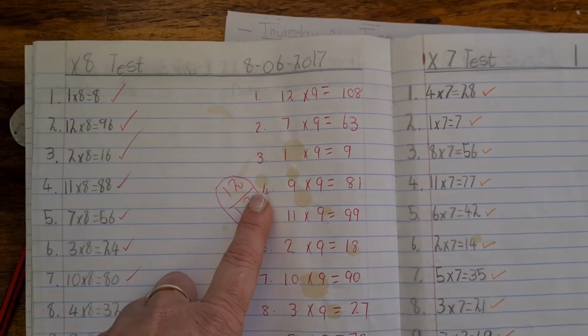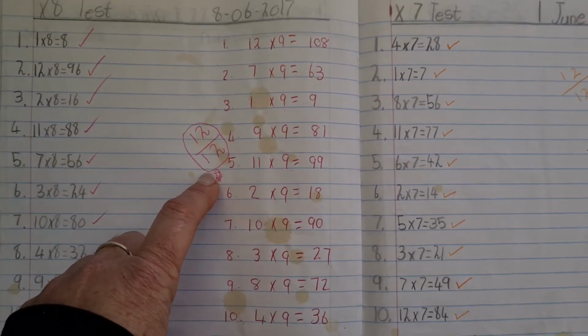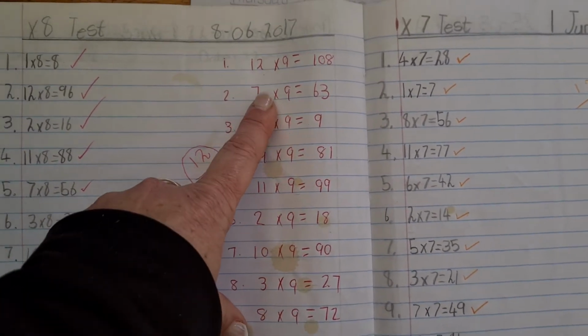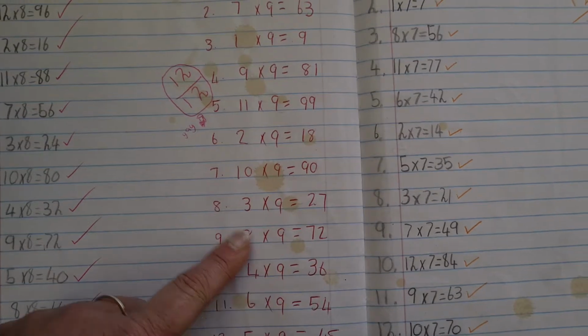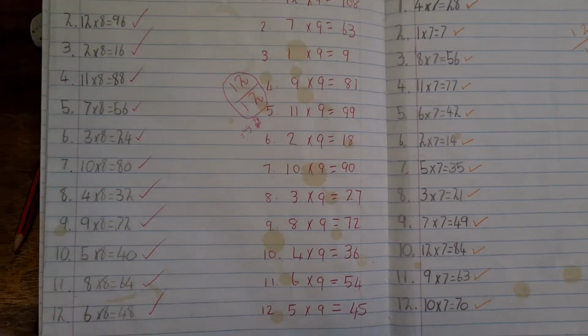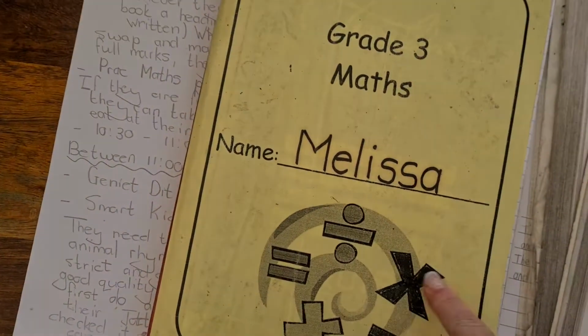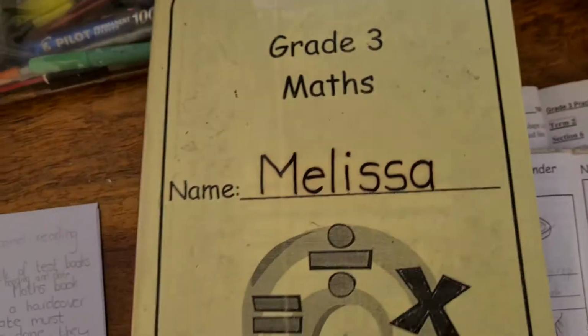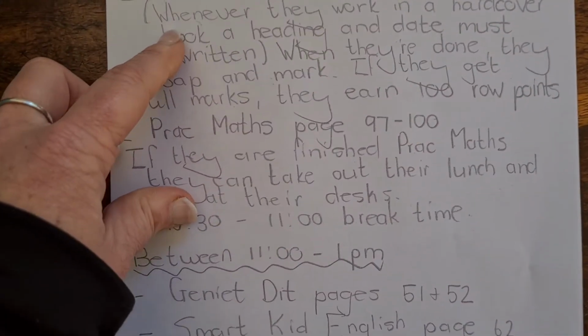All right, and then once this is done, they can swap books, and you can call out the answers and you can mark it. They give a mark out of 12, and again, if they get full marks, they can get 100 row points for that. All right. After that,